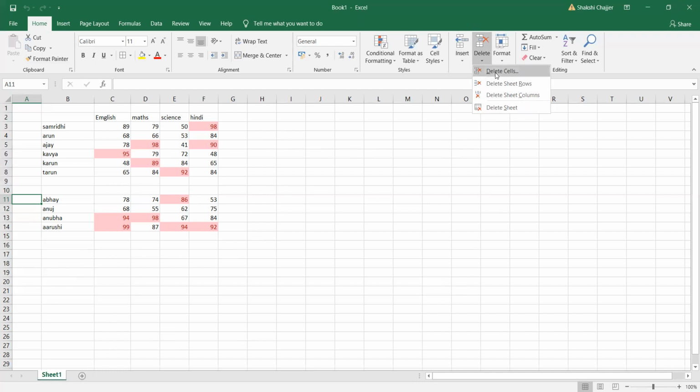Now, what is delete cell? Delete cell means, can you see my cursor is placed in A11? I hope you all know how to read the name. If you do not know how to read the name of a particular cell, just check the name in the name box. This is the name box. You can check the name in the name box. Now it is A11. I just want to delete, not A11, sorry, it won't be deleted.